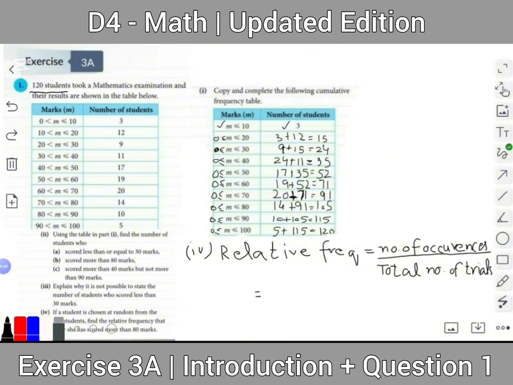Now, the number of occurrences, that is the number of students who scored more than 80 marks, is 15, and the total number of trials in this case is the total number of students,